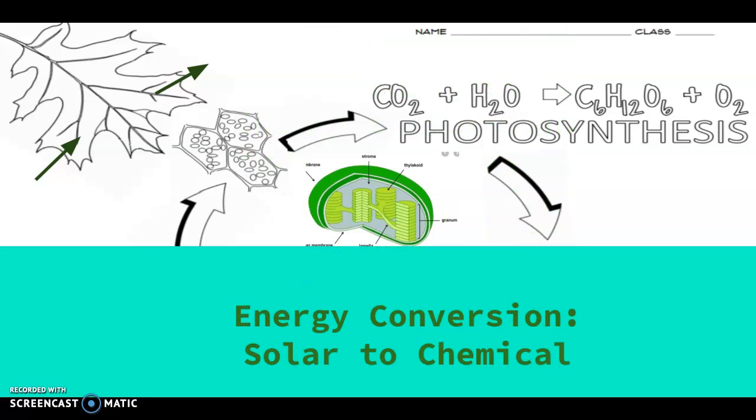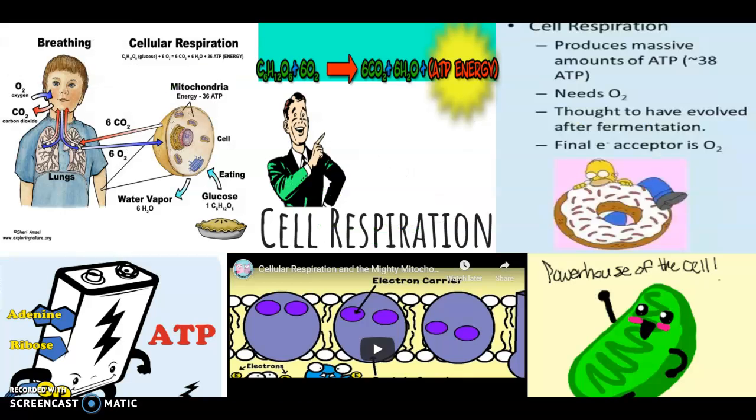Okay, so as we wrapped up photosynthesis, the energy conversion was from solar energy to chemical energy in the form of glucose, C6H12O6. Now, moving on from there, there's a couple of options. Glucose is the sugar necessary for the production of ATP energy, and if organisms use oxygen, then they'll be moving on to what's called cellular respiration, or it might just be referred to as respiration. If oxygen is not available, then that organism will move on to fermentation.